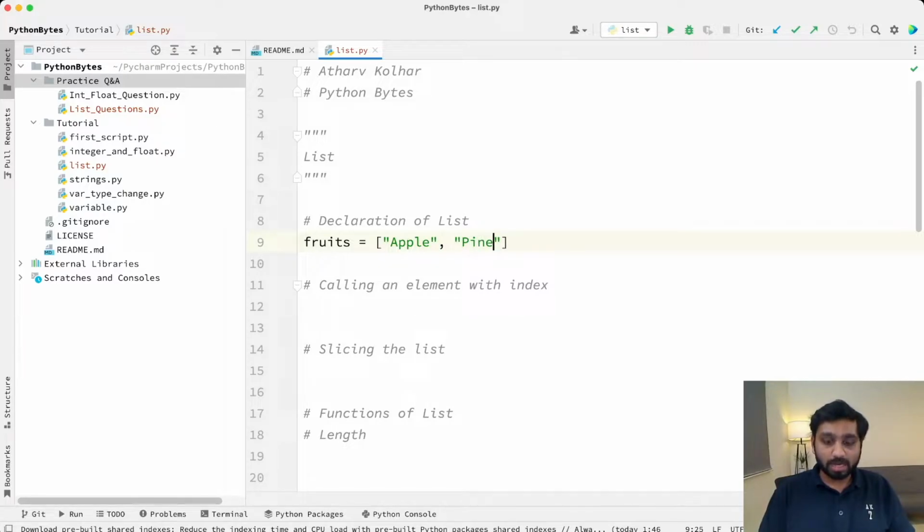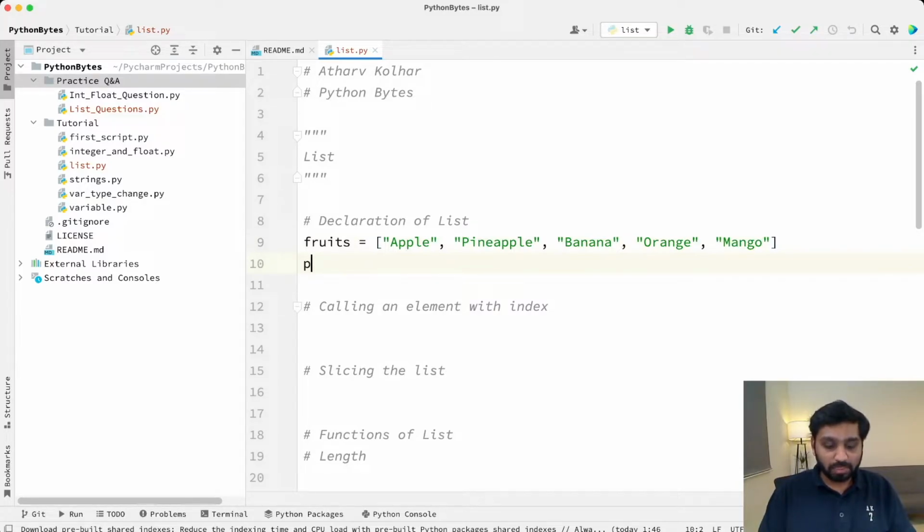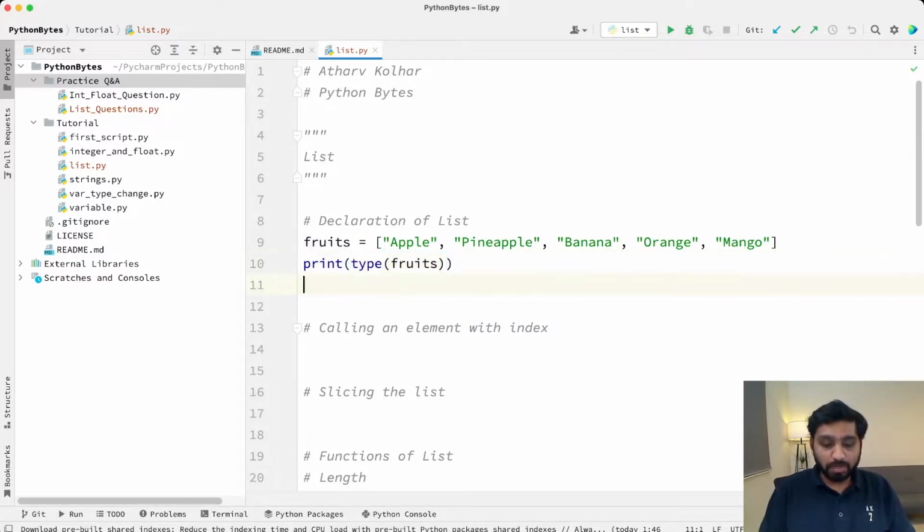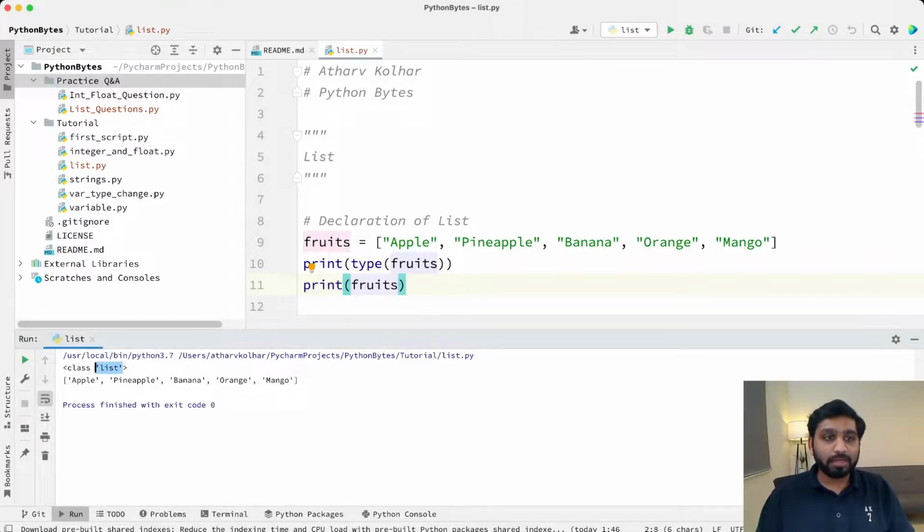So let us add pineapple, banana, orange, mango, and let us print the type of the variable fruits and also print the list. So let's run it, and we have the type as list, and these are the 5